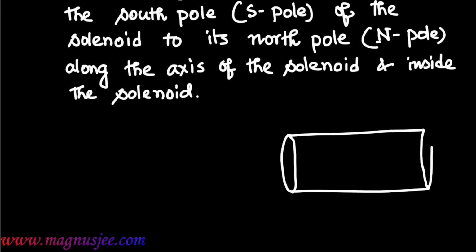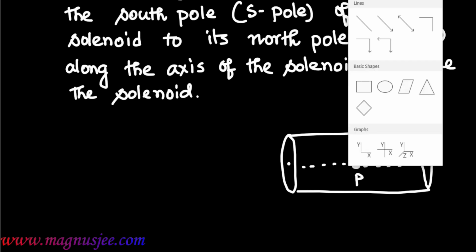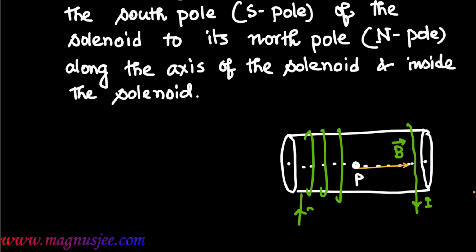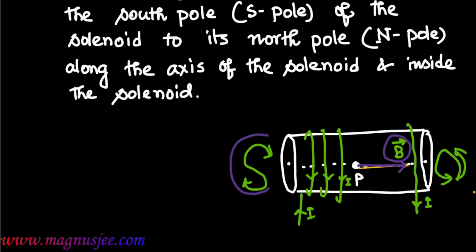So this is the solenoid. We can draw the diagram of the solenoid and the axis of the solenoid. P is the point at which magnetic field B acts towards the right. Magnetic field, vector B, acts towards the right. Insulated wire is wound in the form of a cylinder. I is the current flowing through the solenoid, and this is the magnetic south pole and magnetic north pole induced on the ends X and Y. Vector B is the magnetic field induction which acts from south pole to north pole